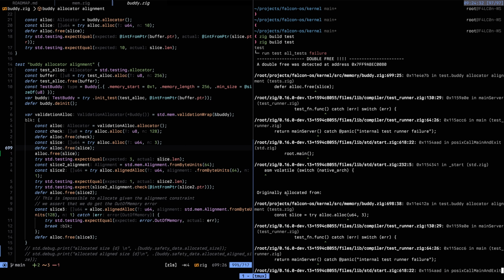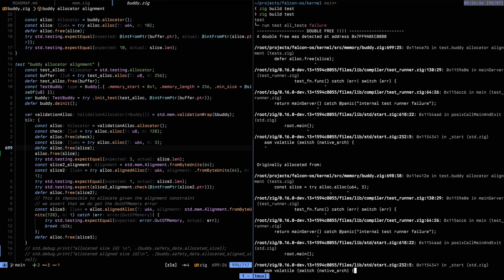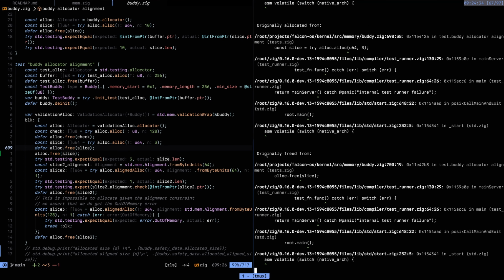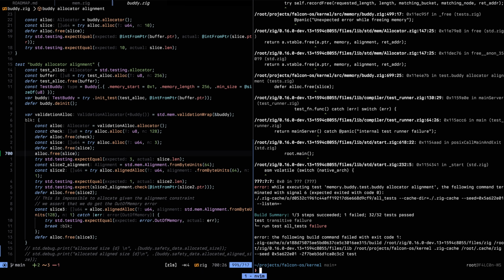Here, this is the original allocation. You can see that it's allocated, it's pointing to the correct line, so the alloc.alloc. And here is where we originally freed it from, alloc.free, which is the line just below the defer. Is that it? 700? Yeah, correct. So this actually does work for our testing purposes,